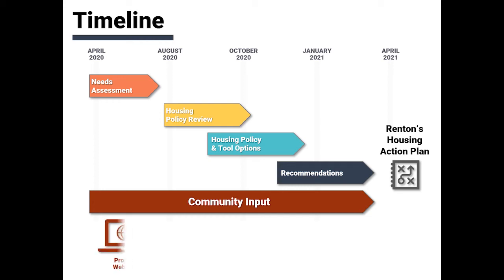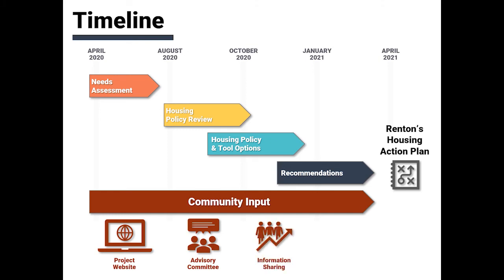The project website will be a one-stop window for information about the plan, including a background on housing issues in the city and progress on the project. You can also access other project materials and ask questions on the website. In addition, an advisory committee of housing stakeholders and community members will oversee the process and give input on housing from a Renton perspective. Preliminary information will be shared with the community to get input on housing issues from community groups and organizations. And finally, we will host online opportunities for feedback about Renton's future housing vision through the website